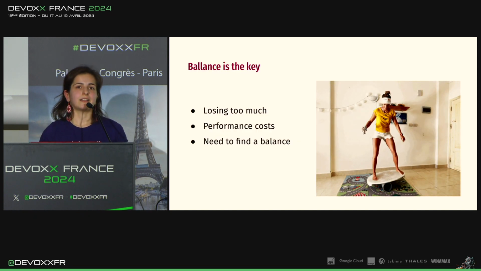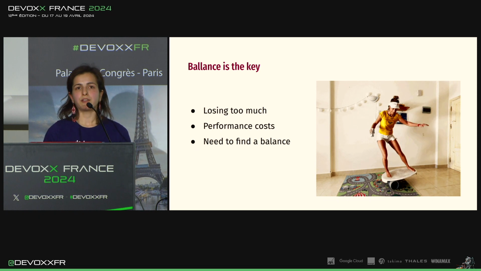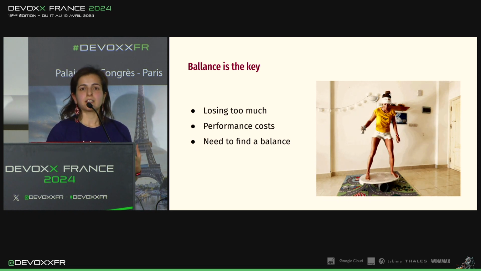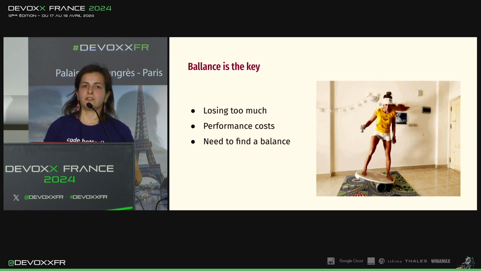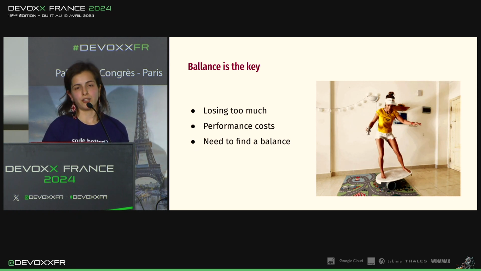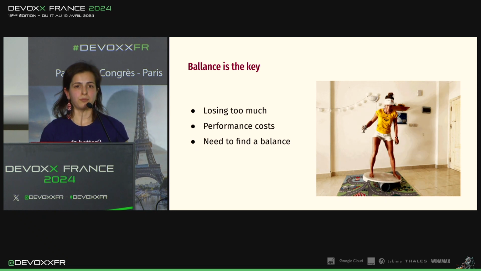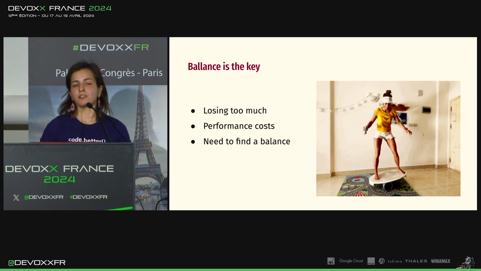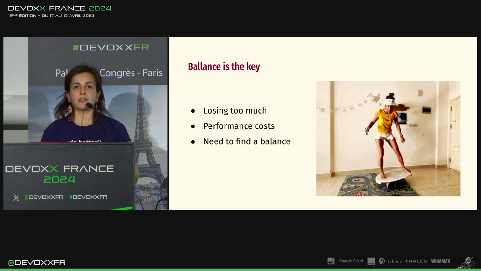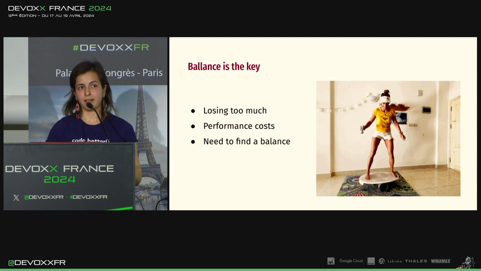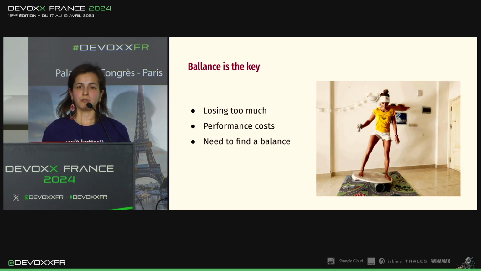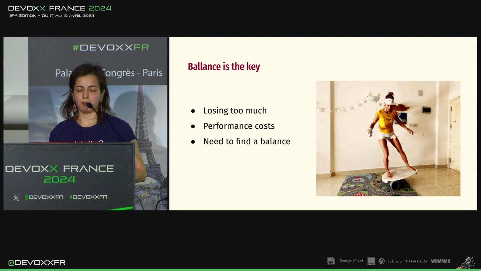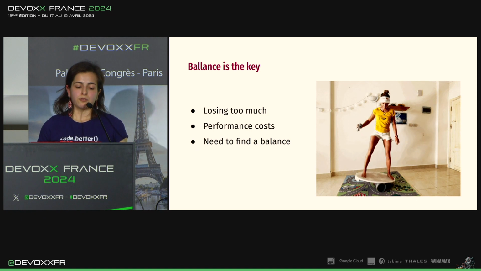But we should understand that we cannot reduce memory footprint forever because it comes with a price. For example, when I was trying to get back in shape and I lost too much of my weight, it was difficult for me to actually exercise, to carry my child, because the weight was really low for me and I had to gain a little bit more weight to be able to exercise, to be able to operate properly. So you cannot lose too much.